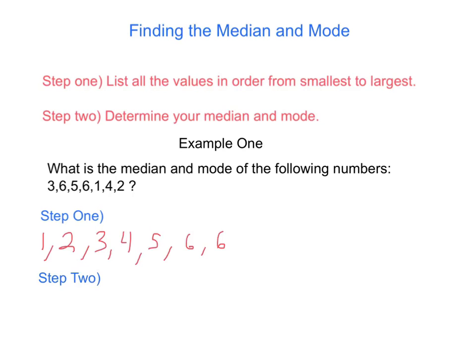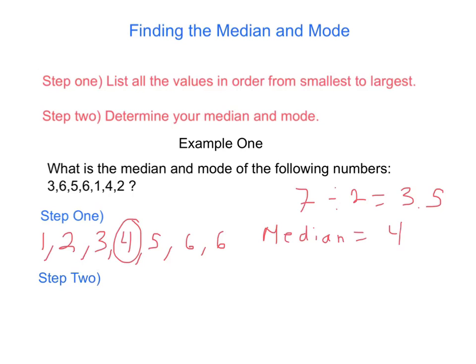Now we're looking for our median and our mode. Median we know is the exact center. If we count, we've got 1, 2, 3, 4, 5, 6, 7, which means if we divide 7 by 2, we're going to get 3.5, which means it's going to be right in the middle after 3. So if we look at it like this, 1, 2, 3, we have 1, 2, 3, which means that our middle number is right there. So our median